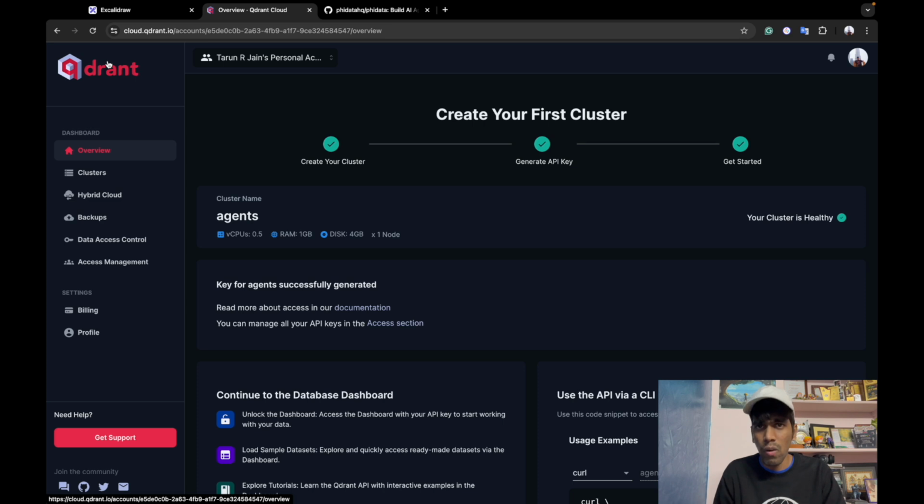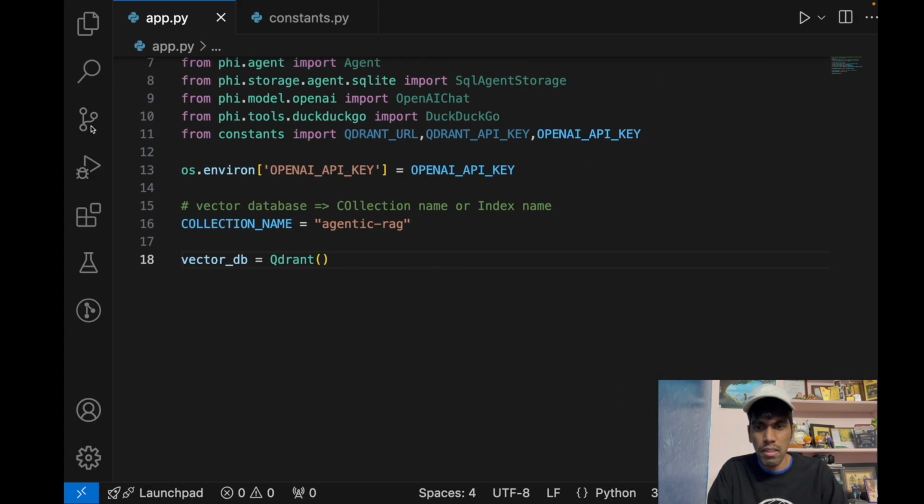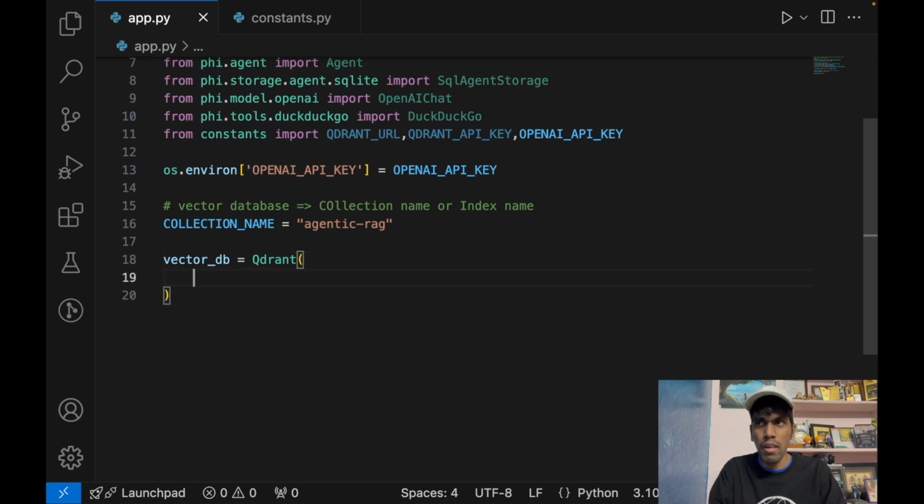It has very advanced techniques. Suppose you have a large number of documents, you need to index them. They have binary quantization and vector quantization, which can help you index data faster. So it can scale better, and this is a very good solution when you have to use a vector database in your RAG pipeline. So let's get started with Qdrant, where you need to define the collection name,